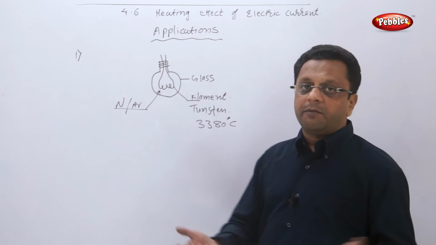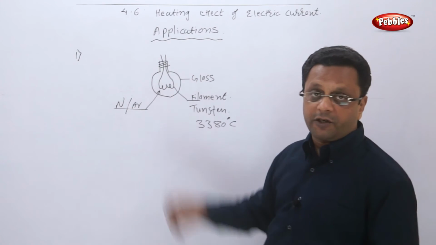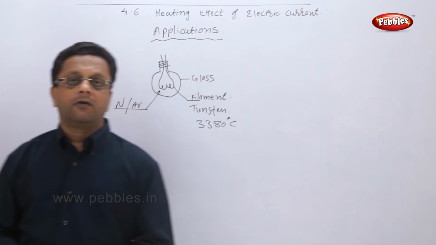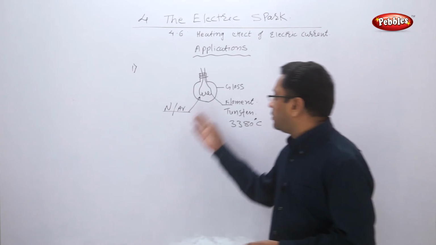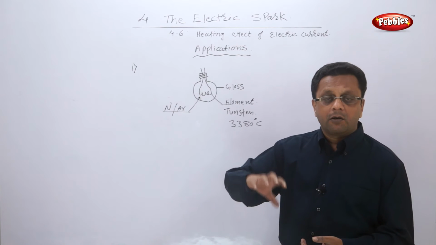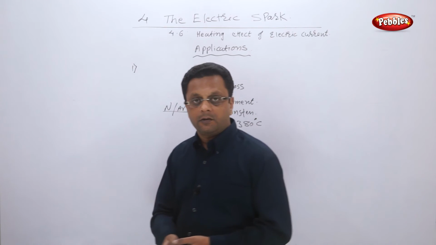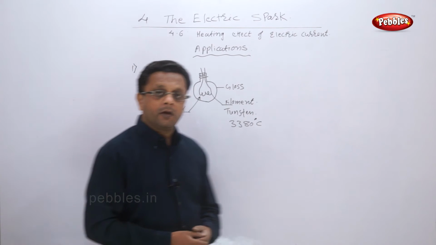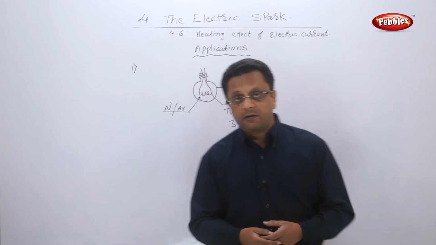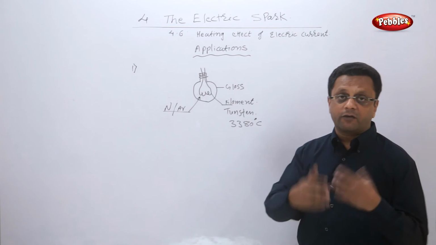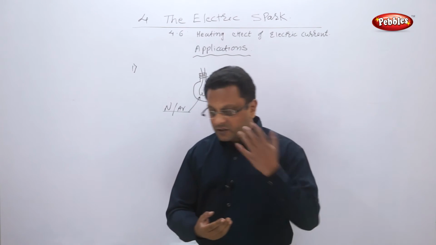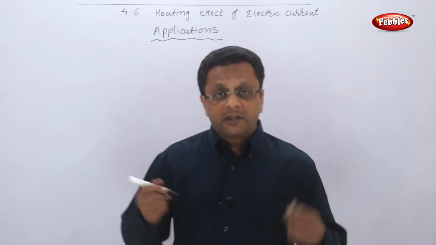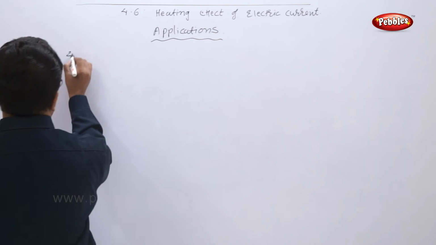Now again we can make some experiment: if we put a rheostat here, or if we control the current, if we increase and decrease the current or the voltage, what will happen? The bulb will be dimmer or very harsh. That can be done. So this is about the electric bulb, where the heating effect of the electric current is used. Let us see one more application of this heating effect. The second application we will see